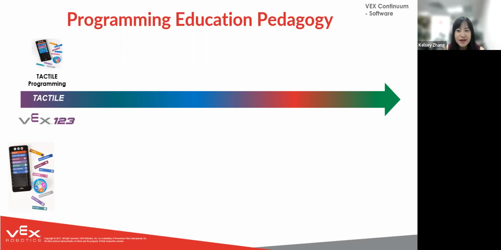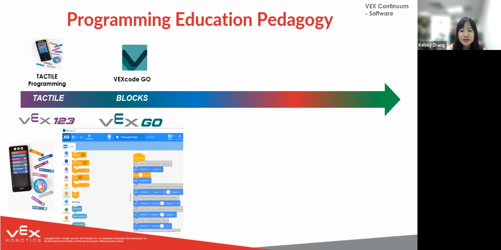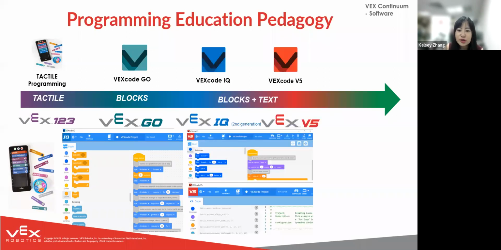If you're not familiar with those terms in programming or robotics. So that for VEX 123 is programmable without a computer, and then can move to VEXcode block-based interface powered by Scratch. Probably a lot of you have heard of Scratch block coding. So simply students can use a drag and drop interface to create functioning projects to do all kinds of programming using block-based programming. And then students can move to text-based coding.